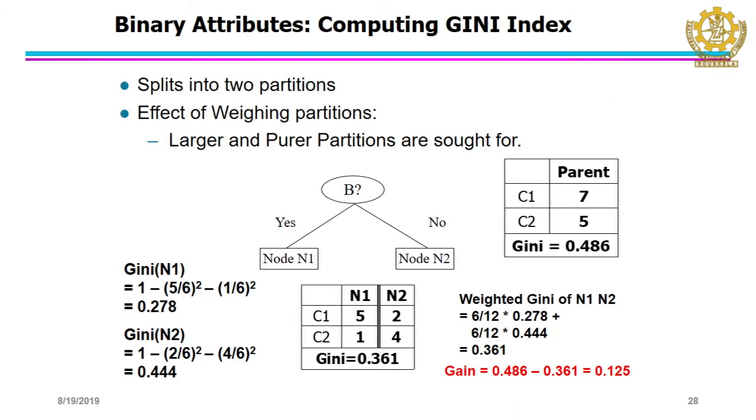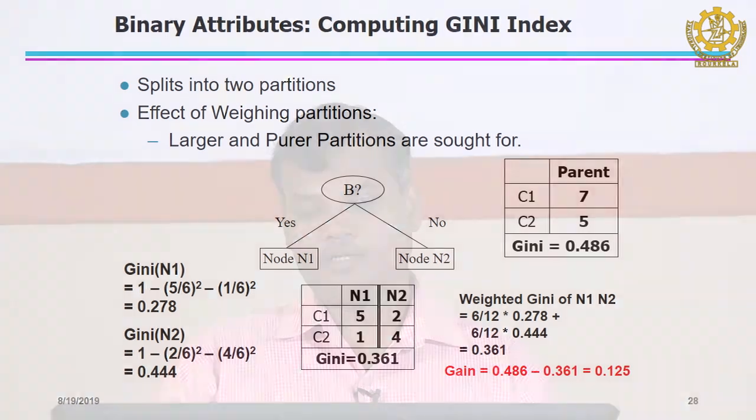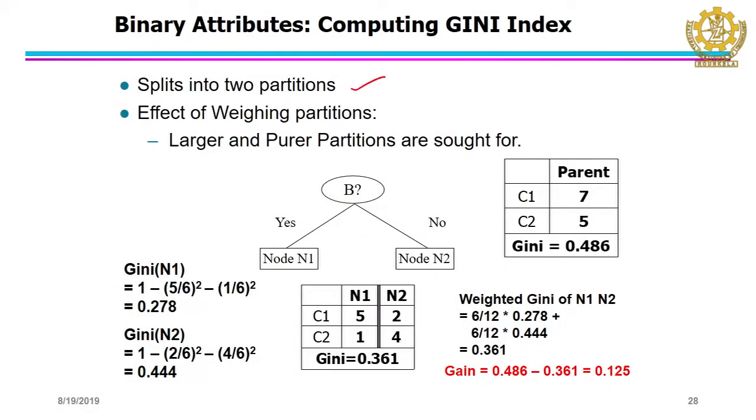Now, earlier we did not talk about attributes, mostly we talked about the binary attribute. In the case of the binary attribute, life is a bit easy, and for a categorical attribute that is also easy, but for continuous attributes we have to do a lot of things, which we will see next.